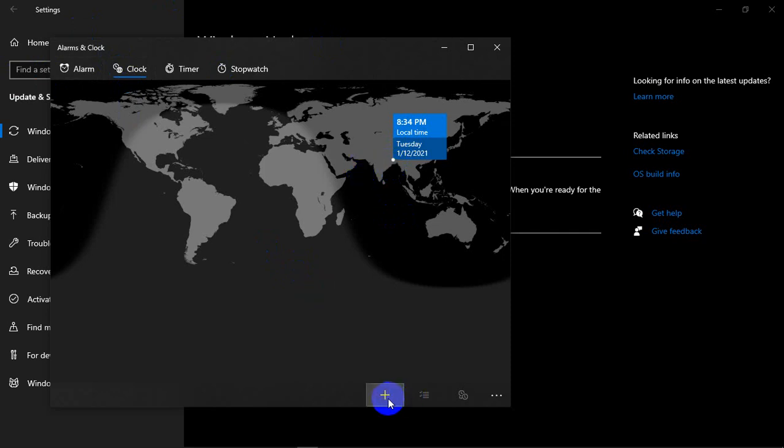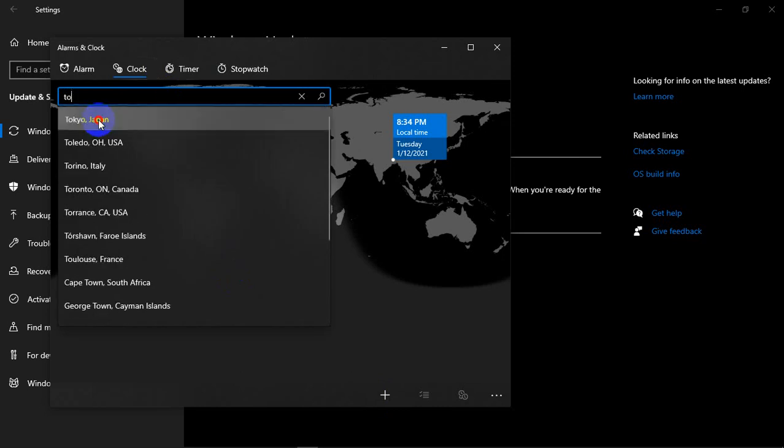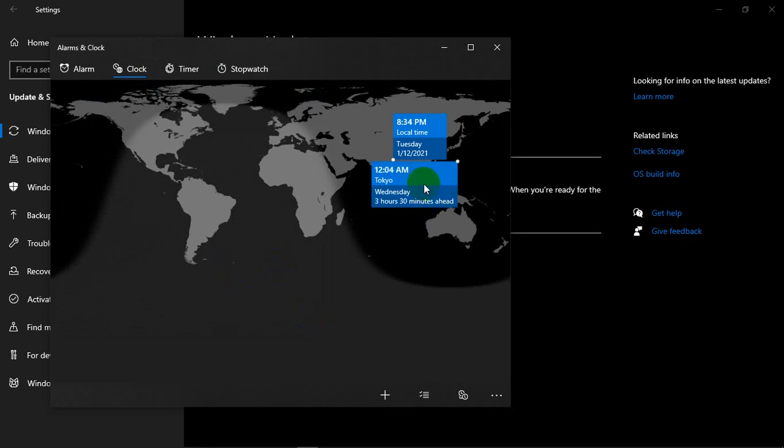If you want to add a location, click on that. For example, when you give Tokyo, Tokyo, Japan is added. Here it is 12:04 a.m. now, but in India it is 8:34 p.m. So this is the difference, to know easily like that. It's very useful for many people. Not only between two areas, among the whole world we can know that.